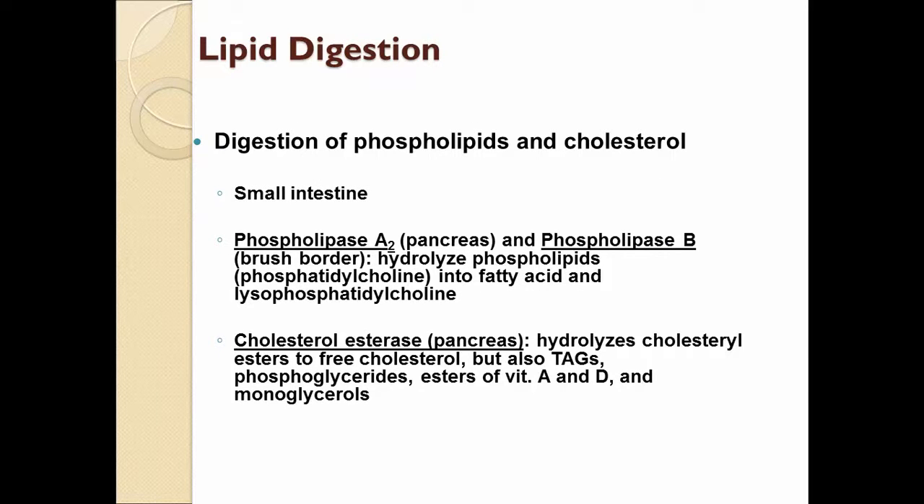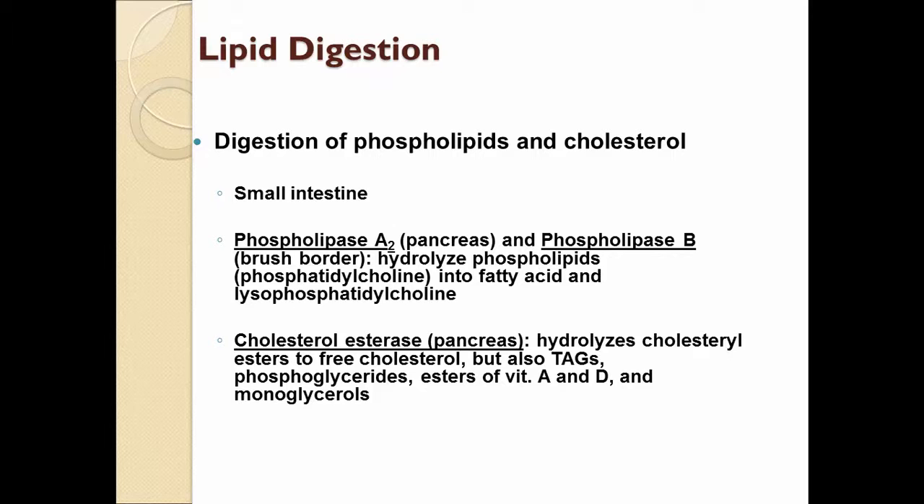So, how are phospholipids and cholesterol digested? Again, it's also in the small intestine, but by different enzymes. Phospholipase A, which is secreted from our pancreas, and phospholipase B, which is secreted from the brush border membranes, are responsible for hydrolyzing the phospholipids into fatty acids and lysophosphatidylcholine molecules, right? So just try to remember, phospholipase A and B are the two enzymes that digest phospholipids,